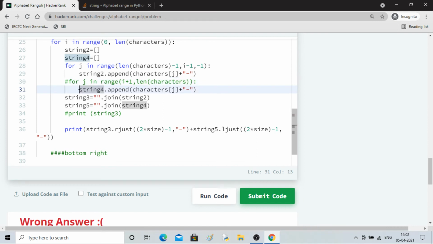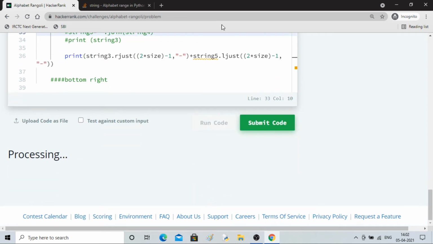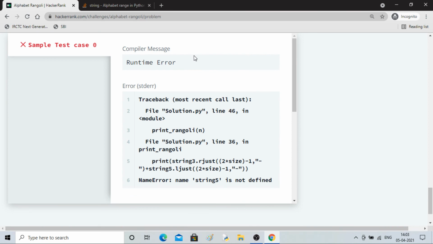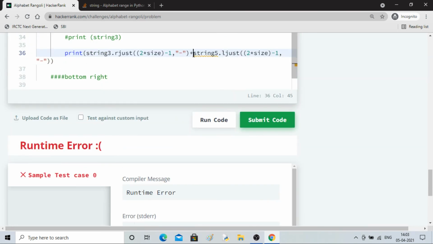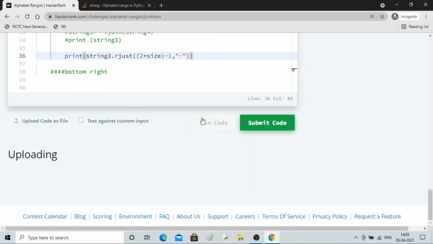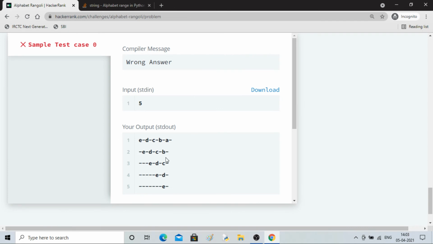Okay, let me comment these guys for some time. String 5 is a problem. Let me print these guys first. So we have to do some correction right here.